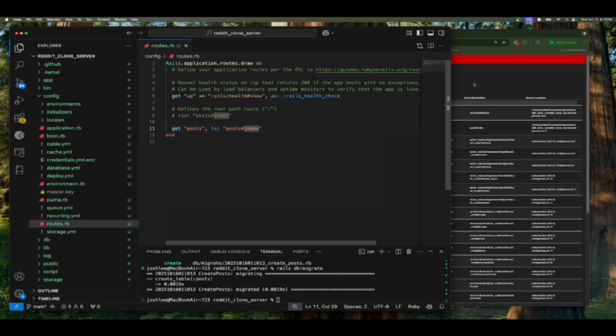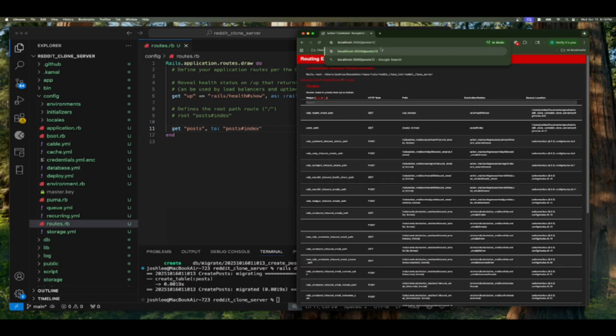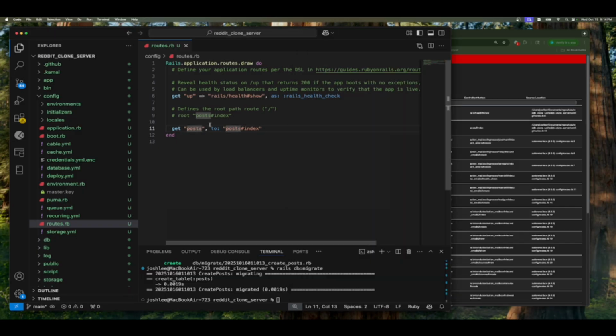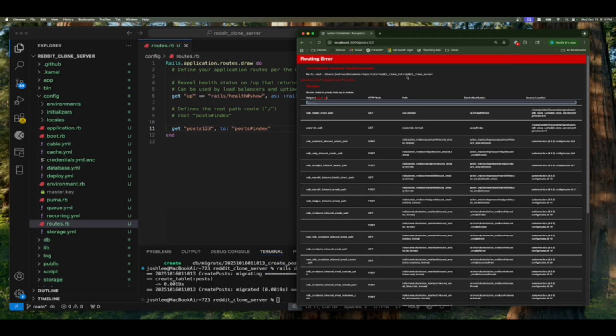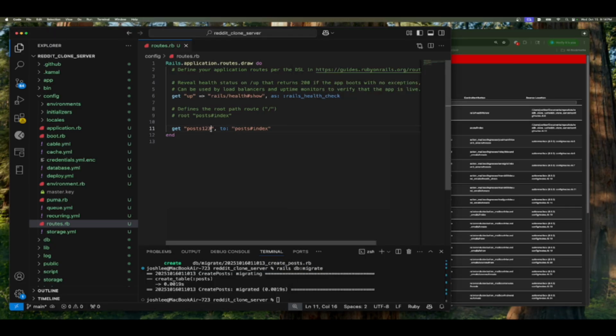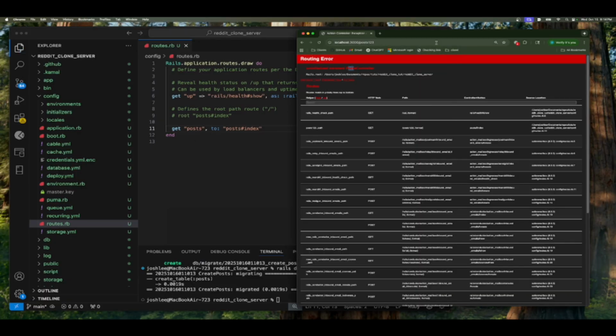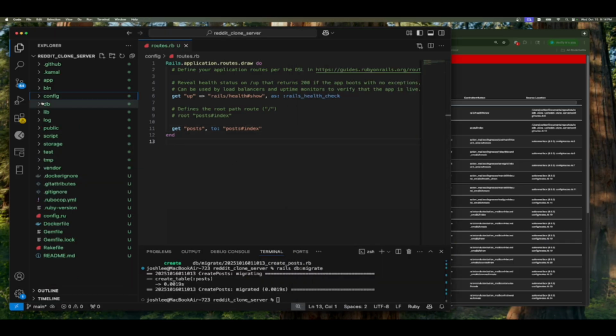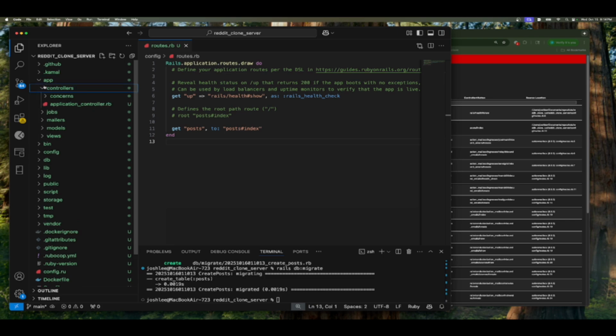If we go, for example, to post and we say 1, 2, 3, we get a different error. We get that no route matches post 1, 2, 3. If we change this here to 1, 2, 3 and save that, now we get back to that post controller error. So in Rails, you need to come over here to application controllers, and